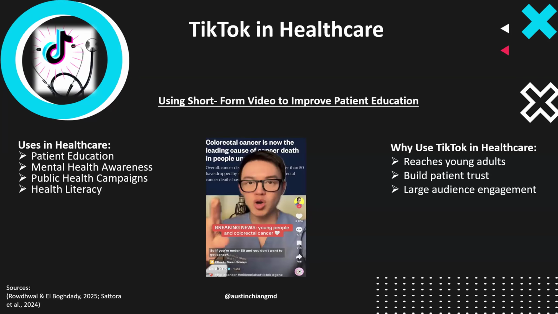Healthcare organizations are drawn to the platform because of its wide reach and its ability to build trust through direct communication with the public. Research also shows that TikTok is increasingly being used to communicate health information and support patient education.